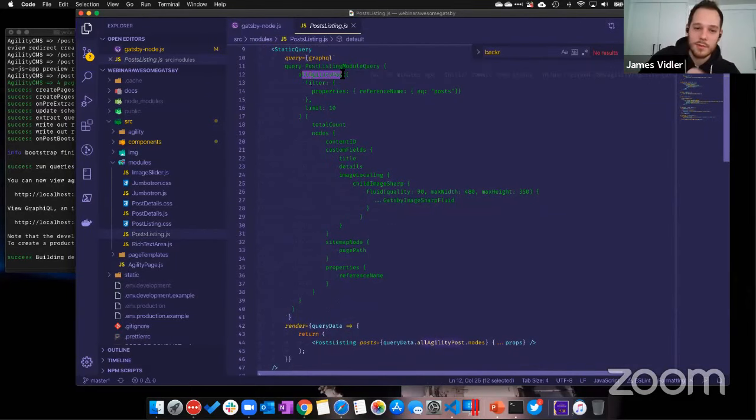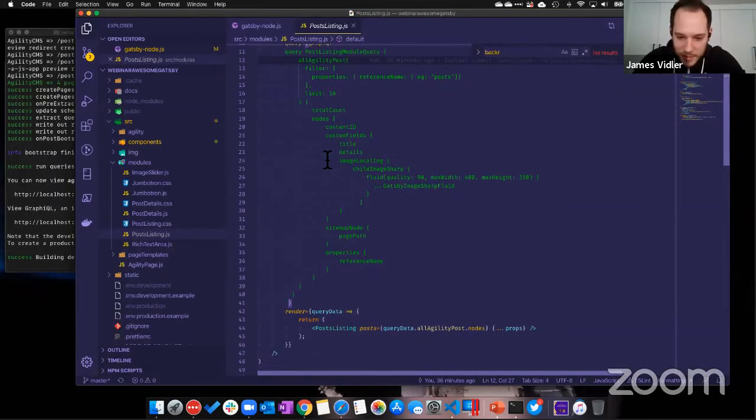What you see here is what's called a static query in Gatsby. So we're saying, hey Gatsby, when you're rendering this, which happens at build time and is also rehydrated on the front end, it'll run this query. And then the data returned from the query is available to your front end component. So this is your data access method. If you scroll down a little bit further, you'll see that we're taking that data and